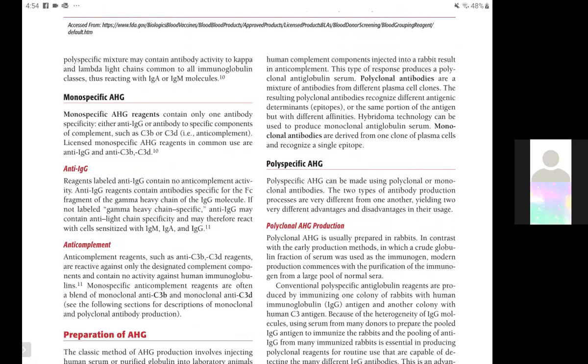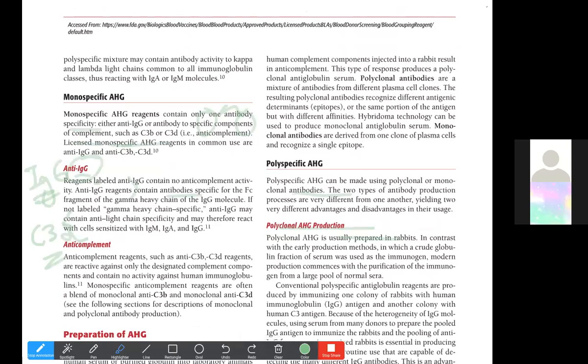So those which are anti-IgG have no anti-complement activity, and these contain antibody specific for the Fc fragment of the gamma heavy chain of the IgG. Since they are directed against the IgG, these are the gamma heavy chains. The IgG will have the gamma heavy chains, and they will be directed against the Fc fragment of the gamma